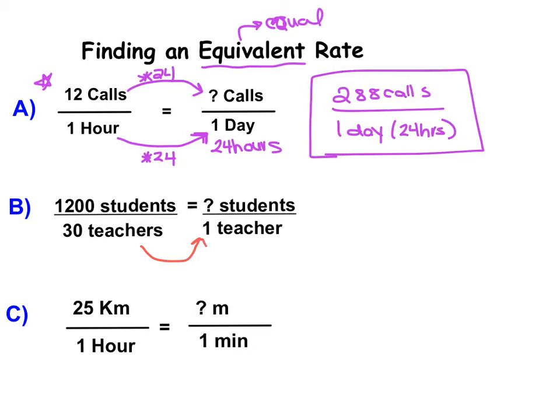As I do that, I need to divide 30 by 30 to get 1. Which means I also need to do the same thing with the 1,200. I need to divide it by 30 in order to figure out how many students each teacher will need to take on. So 1,200 divided by 30 gives 40 students